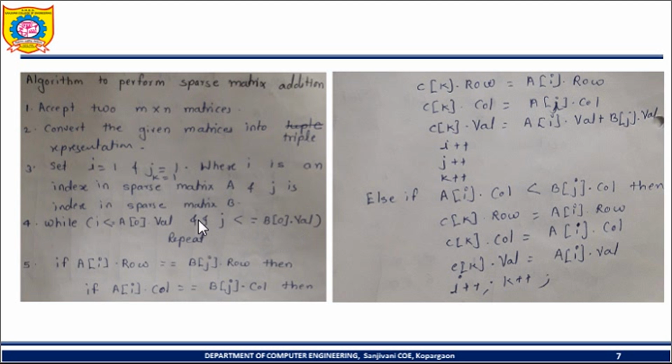Here we use the AND operator, which means both conditions should be true. When both are true, the instructions in the loop execute.